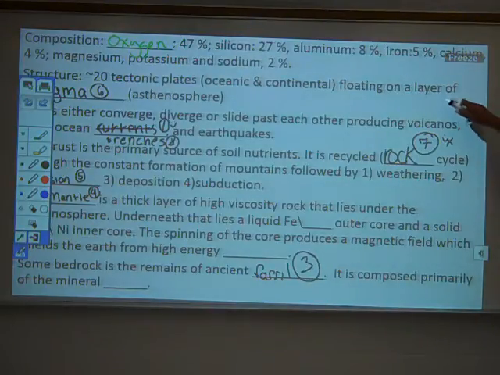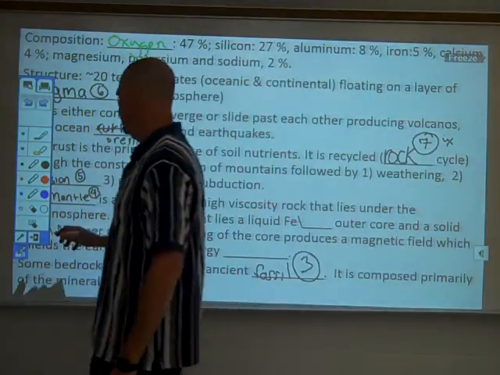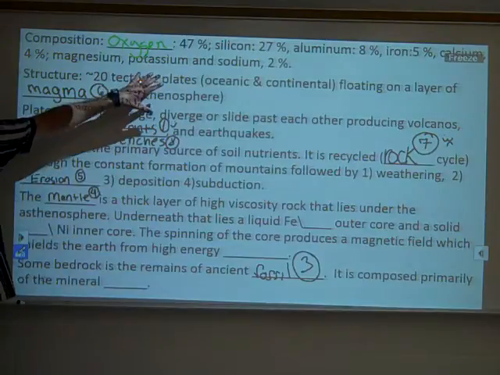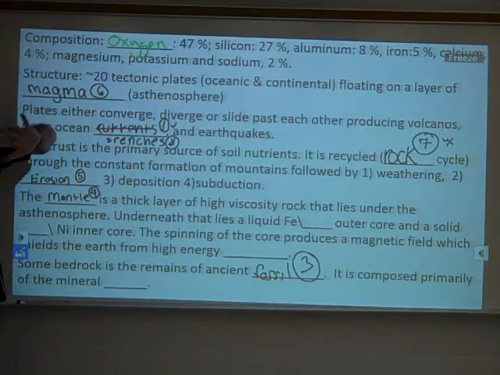So some more basics about the structure. We look at the composition. What's it made out of? How does it react, or what's the kind of the dynamics of this crust? It is active. It's made from about 20 different plates, depending upon, some of the plates are kind of combined, so generally it's around 20 to 22